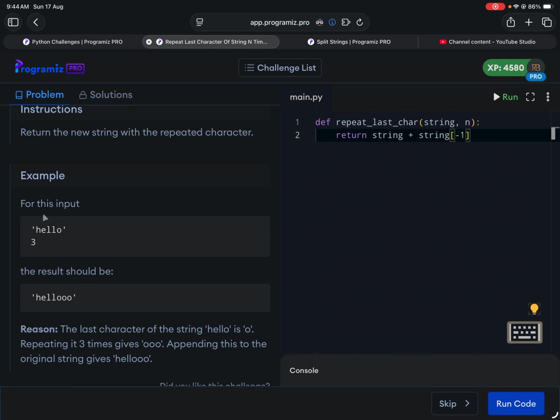Let's say the string is hello, then it's O over here, and we want it to be three times, right? So that should be n-1, because we only want it to be only two other times, right? So that's why I did n-1. Okay, so if I run the code,